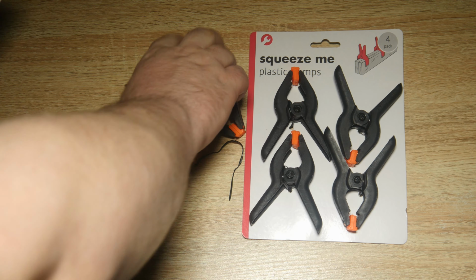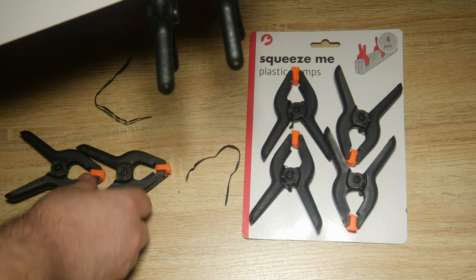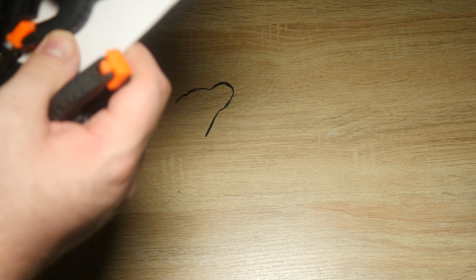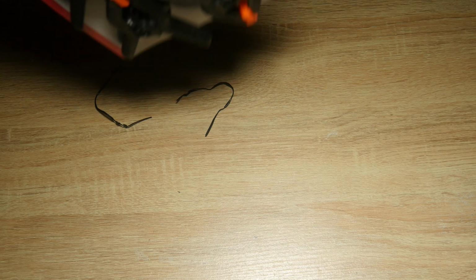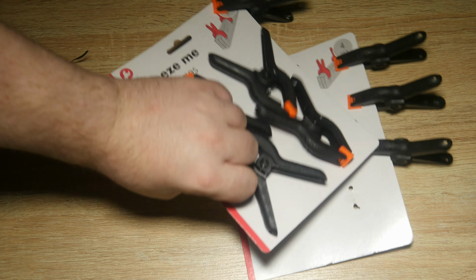Let's see if we can get these to stick on something without them falling apart. I wonder if they'll be able to hold that because of the way it's like. Yeah, they hold. See if it holds when it finally moves. Yeah, it holds for a while. Okay, I suppose, nothing